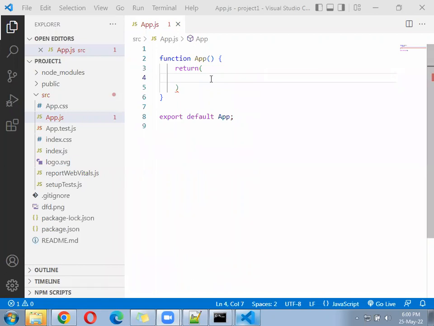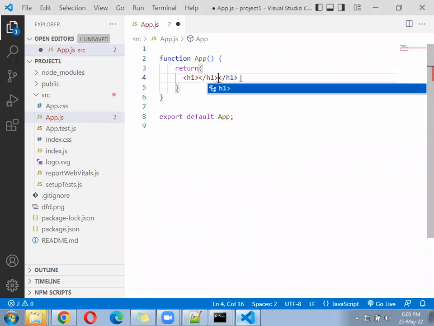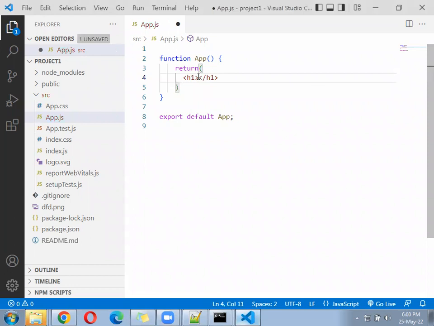Okay, let's go right inside. Under the return, let me write here an h1. Let me close the h1. Right inside, welcome back. Just save your file and look into the browser. Live server is running, compilation will happen, and automatically in your browser it will say welcome back.